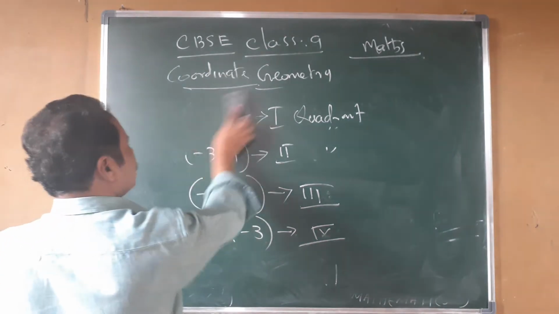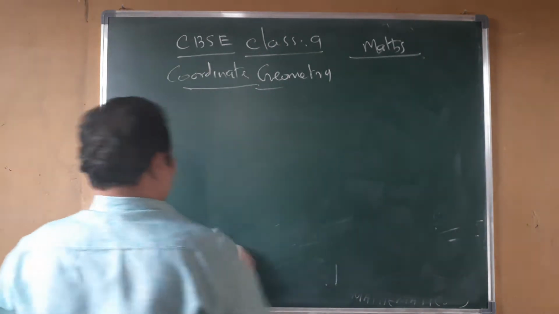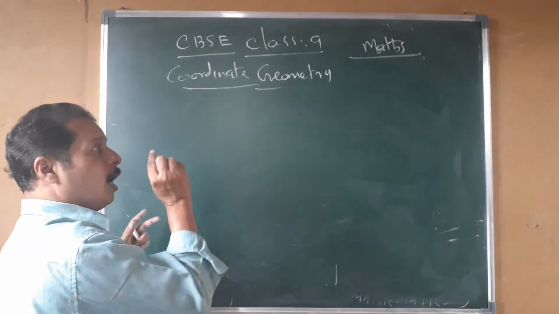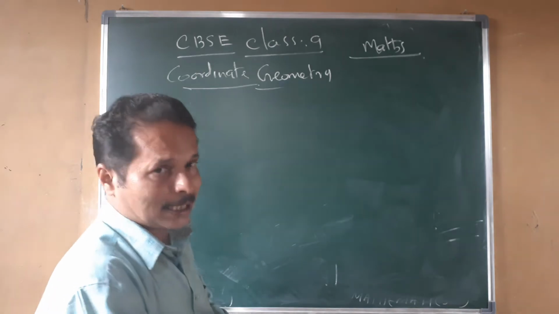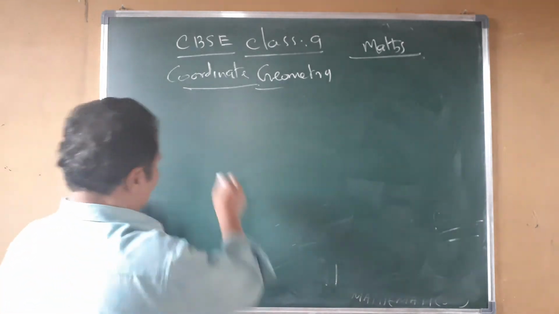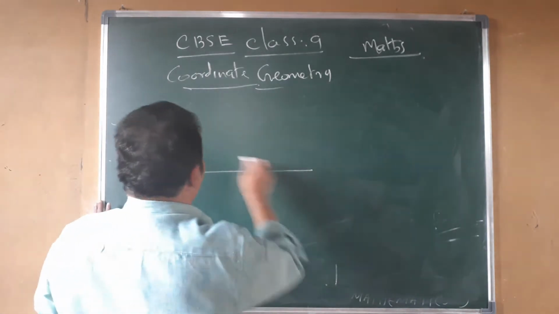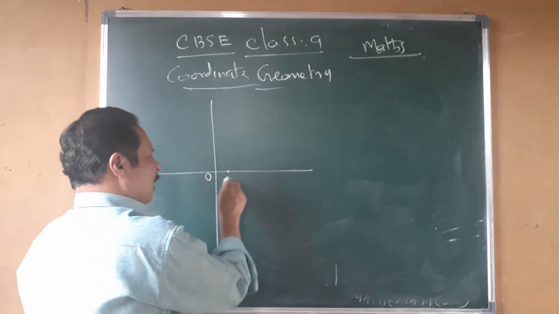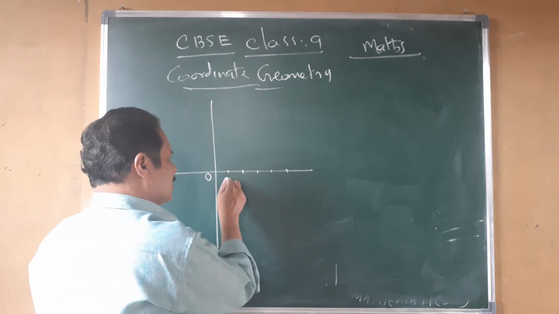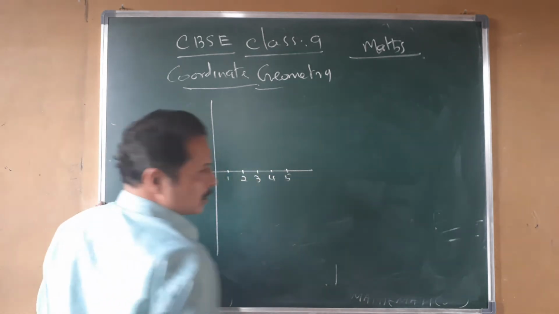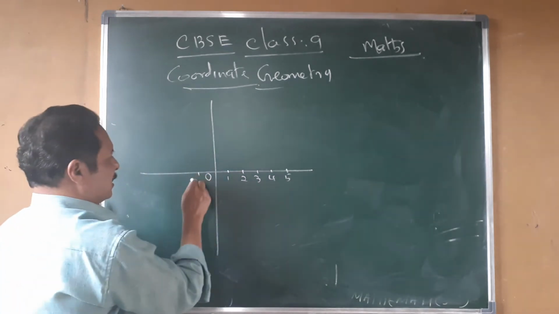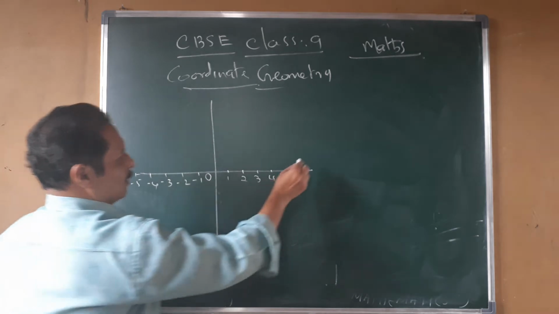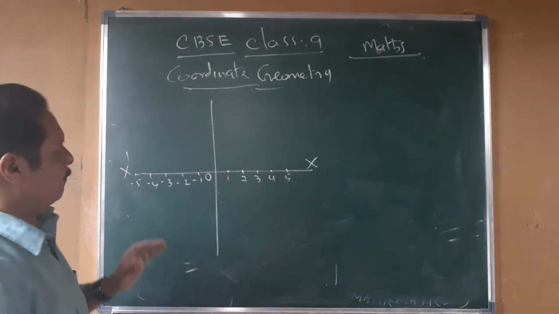Is it all? Now already you studied the location of points, and in this class we want to study how to mark a point on the Cartesian plane. Already you studied that also. Look at here. Now draw the x-axis and y-axis which are perpendicular to each other, and with 1 unit apart, that means 1 centimeter apart, you mark the points positive to the right side, negative to the left side. That is the x-axis. You remember that?